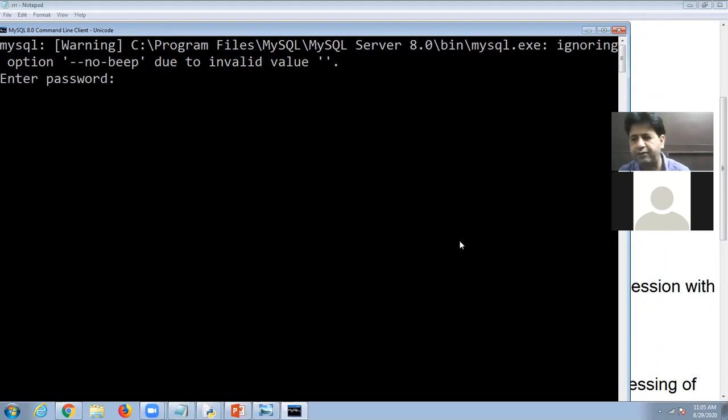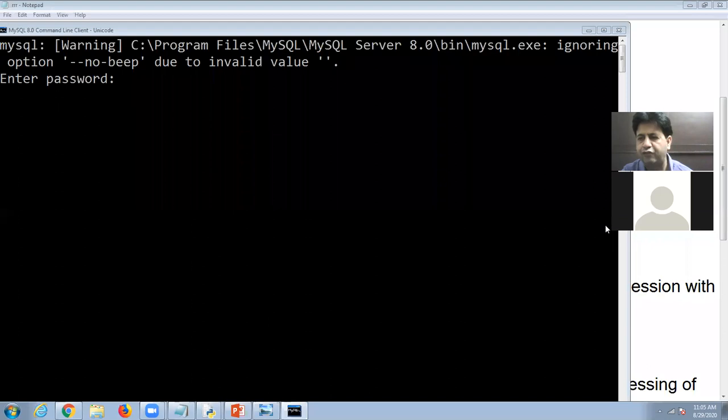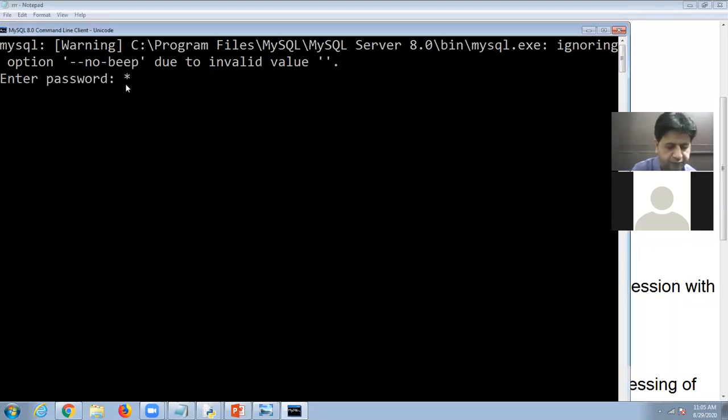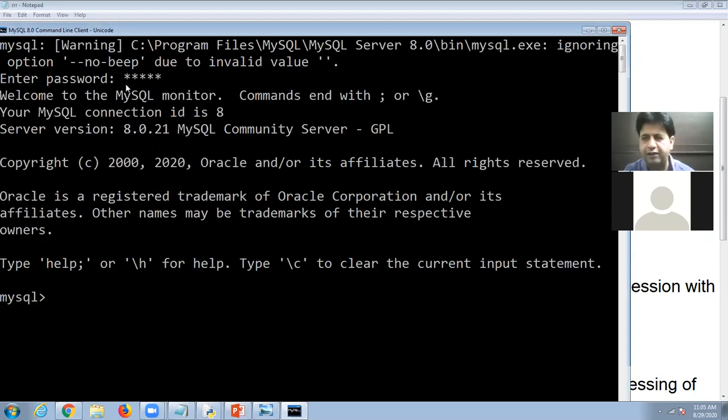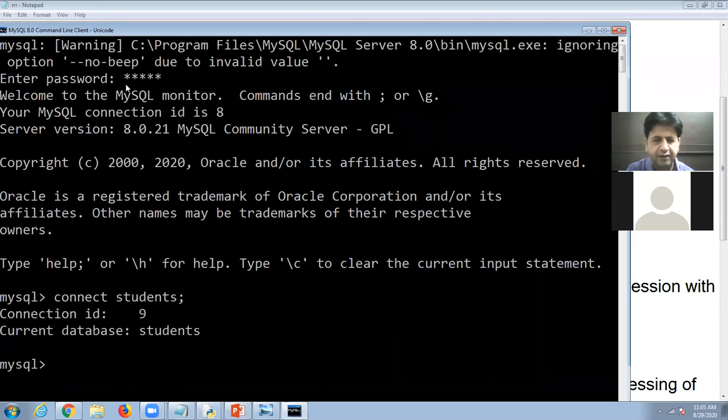When we open MySQL, first of all, I will have to fill the password. So suppose I fill the password, that is admin. Then I will have to enter the database, then connect students, because I have created a students database. And then I have created one table, that is stu.